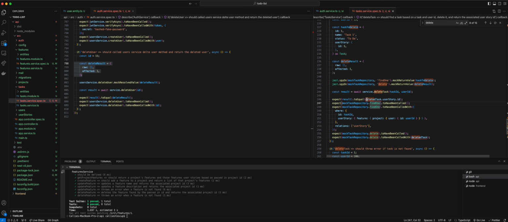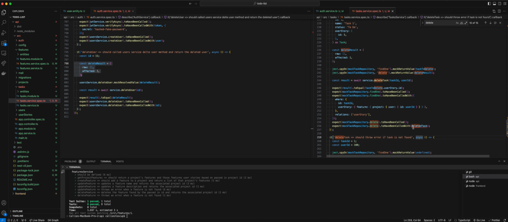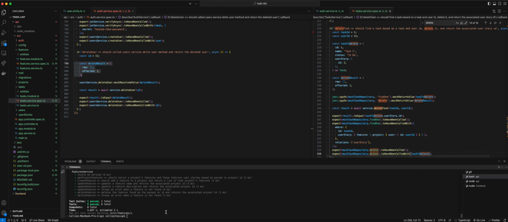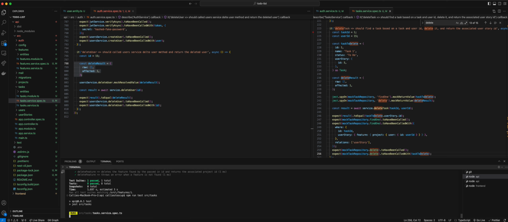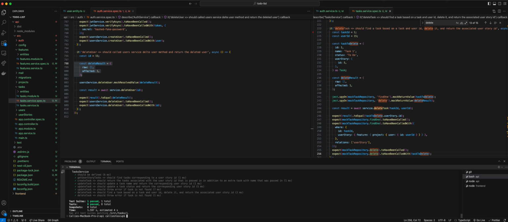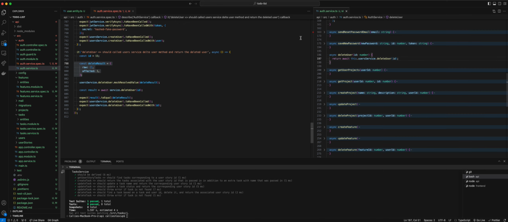So then this should be task to delete.userstory.id and all right, let's try that. I did that really quick though, so I'm not expecting that I did that right on the first one, but woohoo! All right, so now that we have that fixed, we can move on to our next